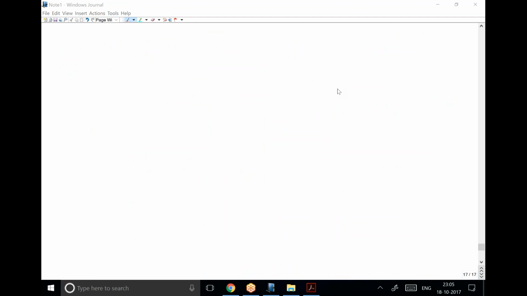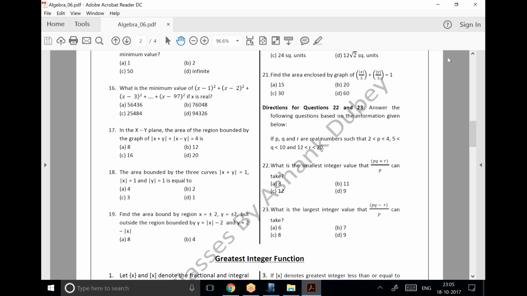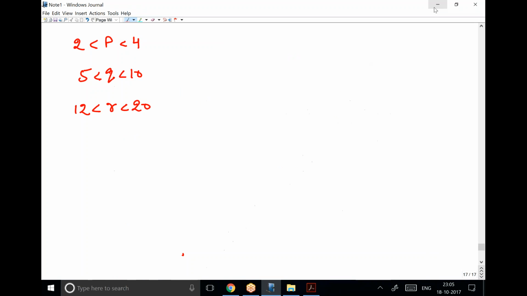You see in the given question, range for P, Q and R is given to us. So P lies between 2 and 4, Q lies between 5 and 10, and R lies between 12 and 20. This is given to us. In the first question, if you see, they are looking for minimum possible value of